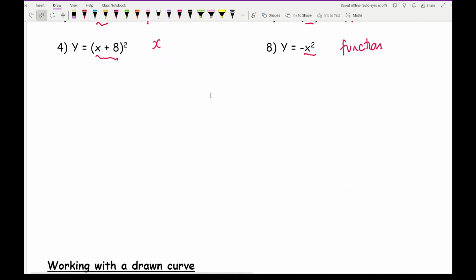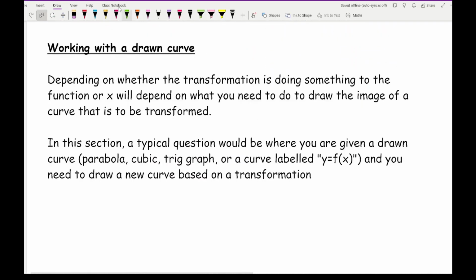Now you might be asking, well, where does this all come into play? Now, working with a drawn curve. So with these types of questions, this is where you are given a graph and you need to sketch what the image is going to be, with the original equation being the object to see where it's going to be. Now this question is quite different to when you're dealing with coordinates, which the next video will look at when